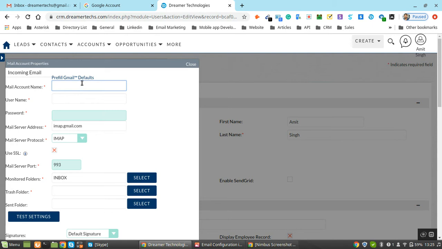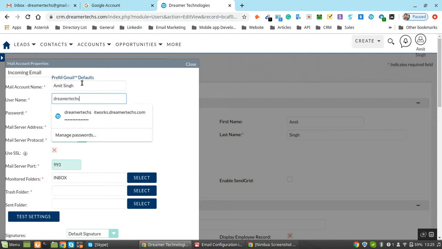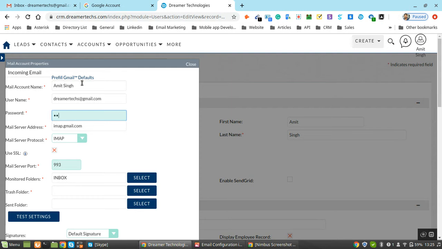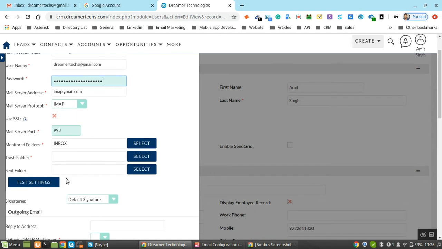So now the first step, just put your name. Username should be your email address. Your password. Please note your password should be correct. After putting the password, you can check test settings.